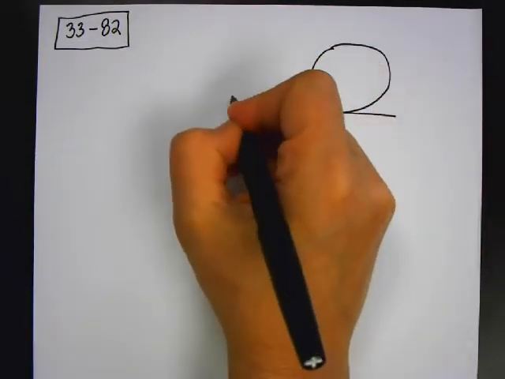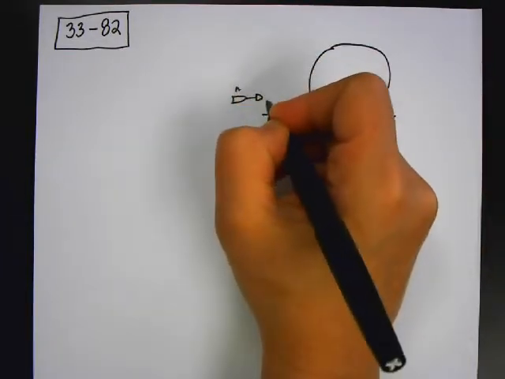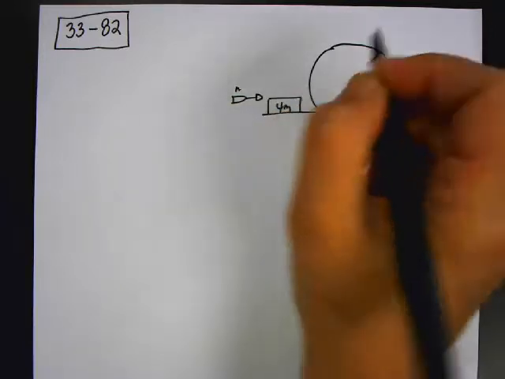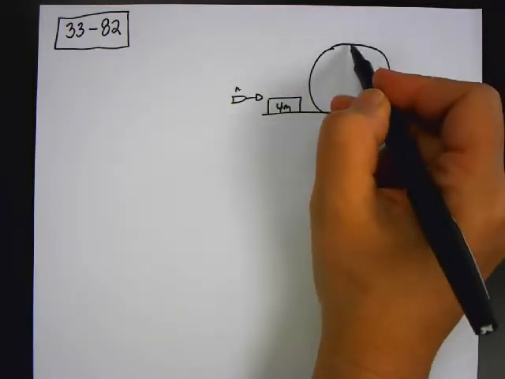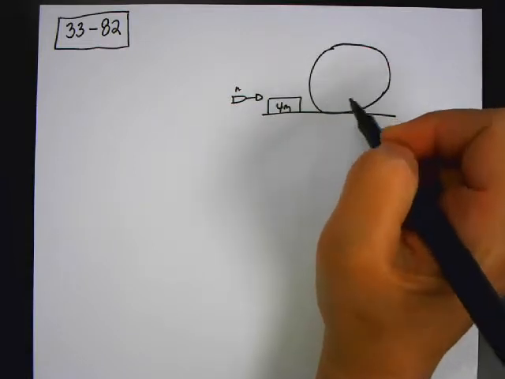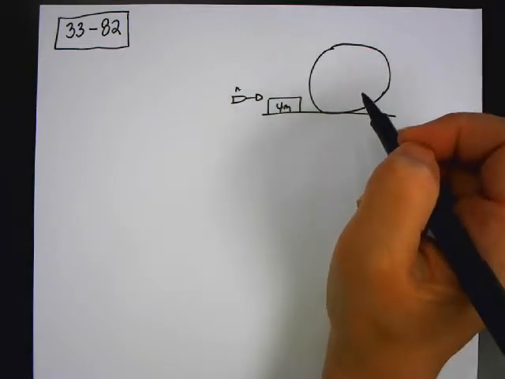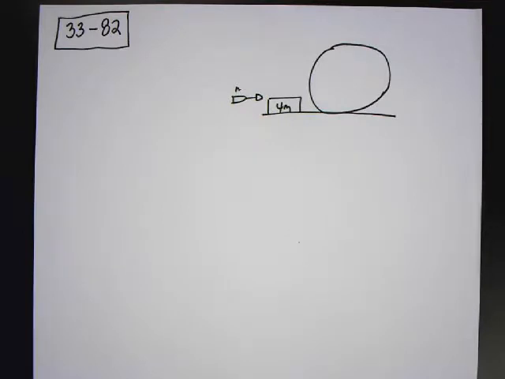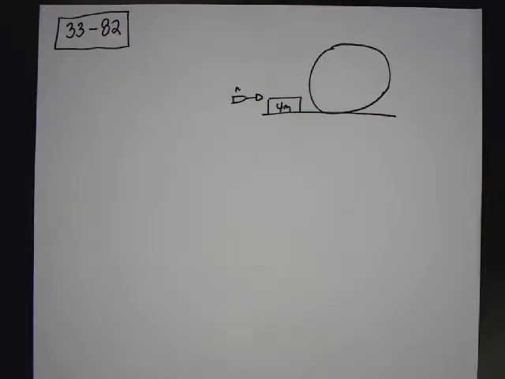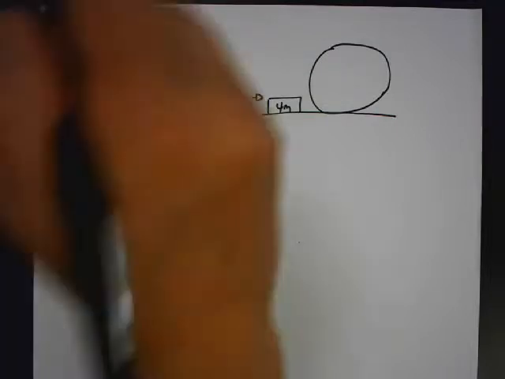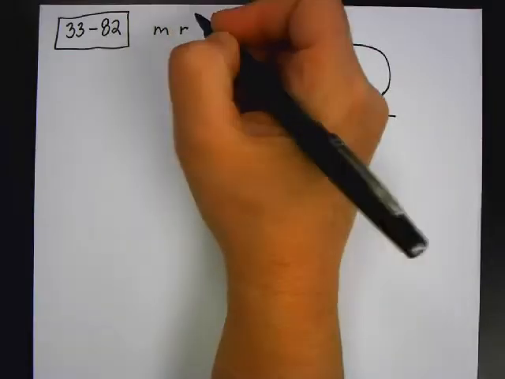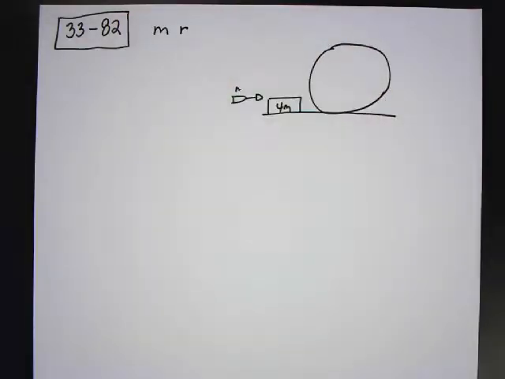you have a bullet that's moving along and it becomes embedded into a block. But then it's going to go on this track. So it says a bullet of mass m collides perfectly inelastically. That means they go together and they're a combined mass. So they move off with one velocity with a block of mass 4m that is initially at rest. Determine the minimum speed the bullet must have to complete the loop and answer in terms of m, r, and known constants. So that would be